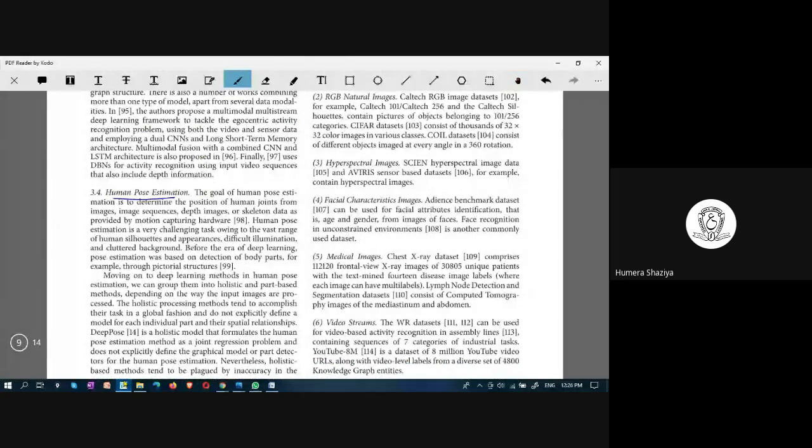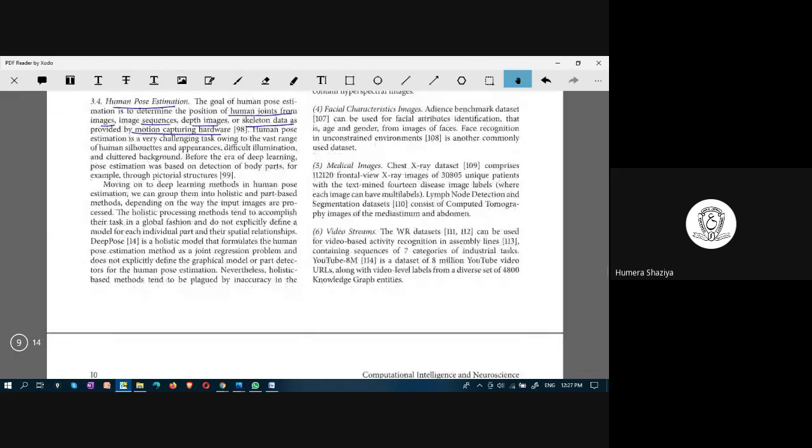Next one is human pose estimation. Human pose estimation means a human can sit, can stand. You know there are different poses. That identification is typically done through human joints from images, image sequences, depth images, or skeleton data as provided by motion capturing hardware. Okay, so human pose estimation can be accomplished